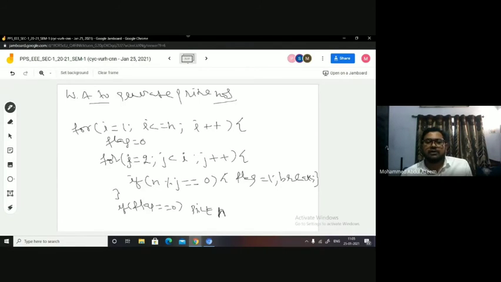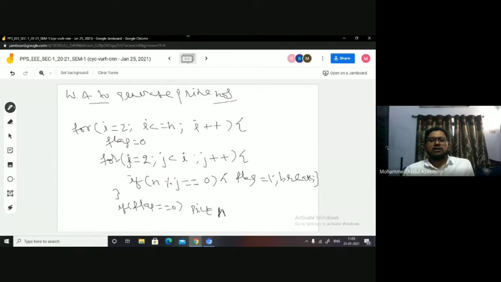Got it? So you better start with 2, because 1 is not a prime number. Even if you take it, it doesn't go inside the loop and immediately prints 1. So 1 is unknown whether it is a prime or not. We generally exclude it from the category. We say it is a composite number, right? So I am starting with 2 here. That's the reason why, 2 till n.